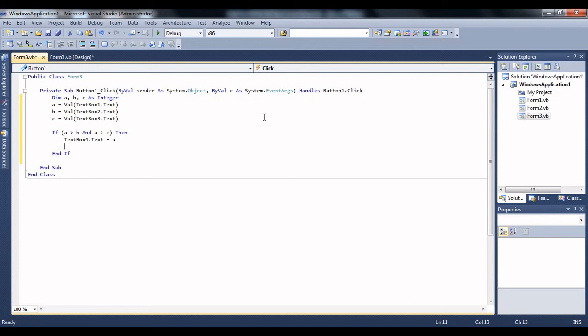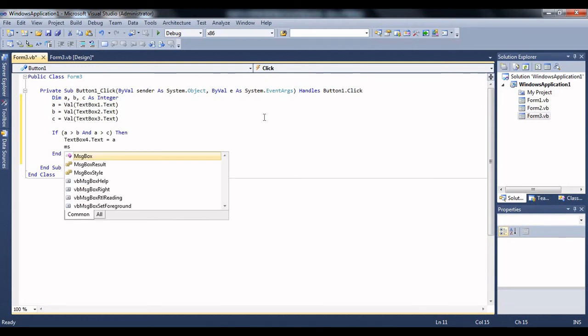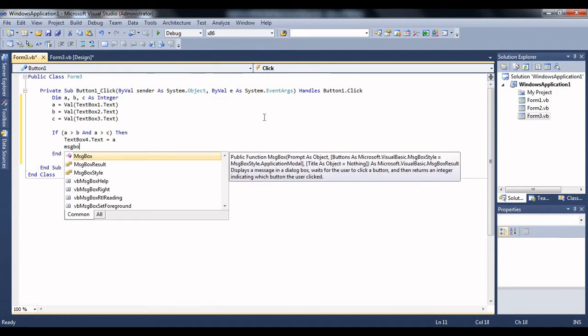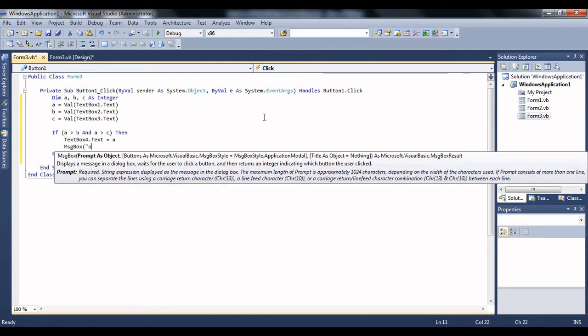Whatever number we have in a will be displayed, and we'll also have a message saying a is the largest number or largest value.